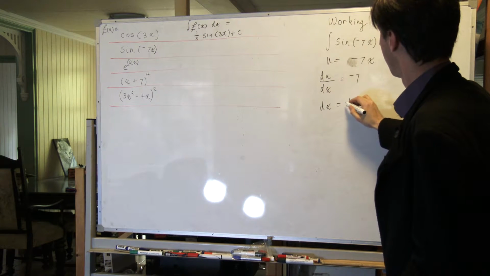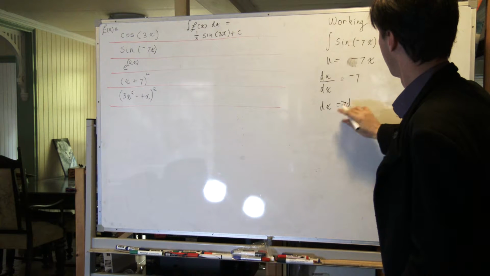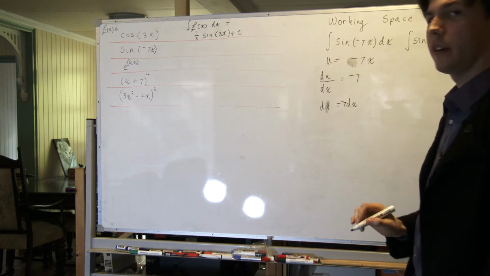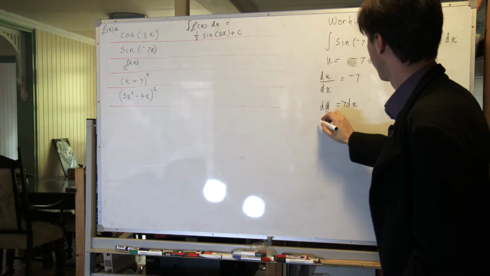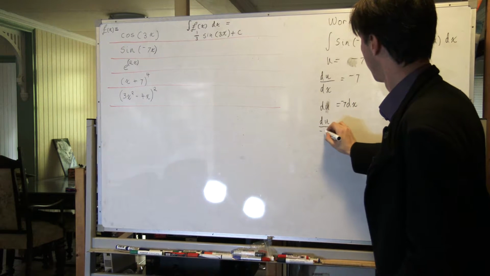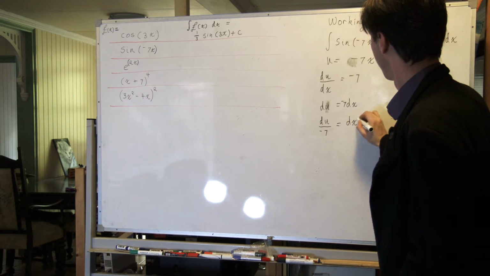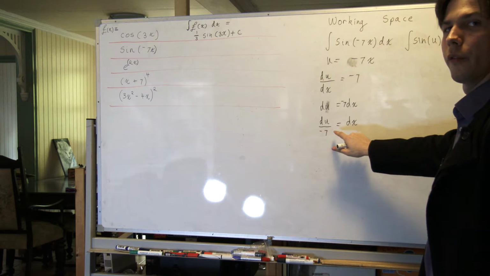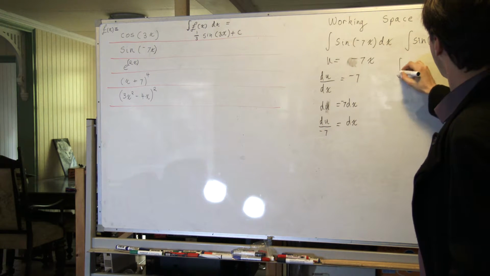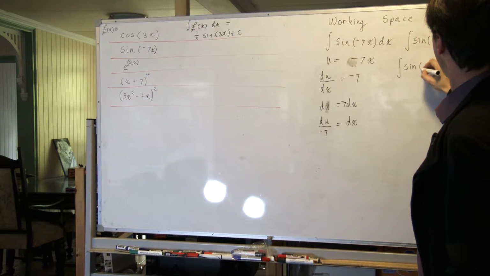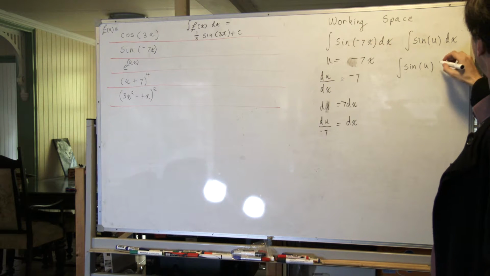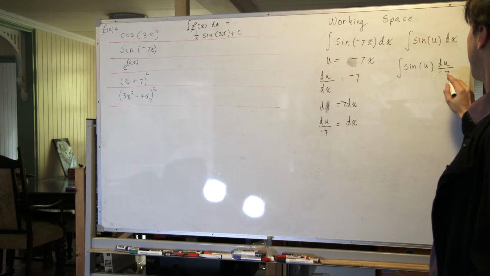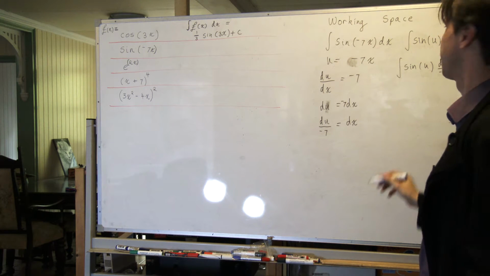by dx, divide both sides by negative 7, so anywhere I see dx, I can swap it out with du over negative 7. So I see dx here, I substitute it, then I take that, divide by negative 7, bring it out the front,